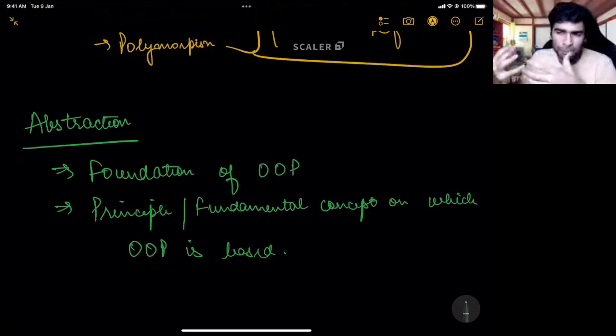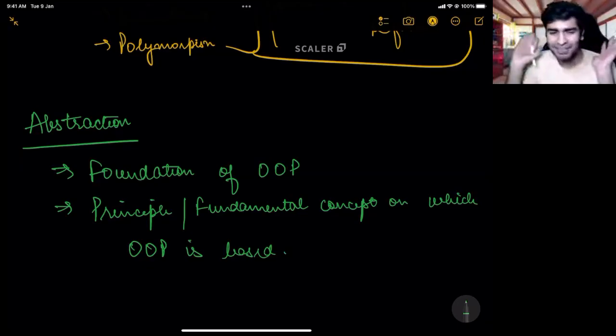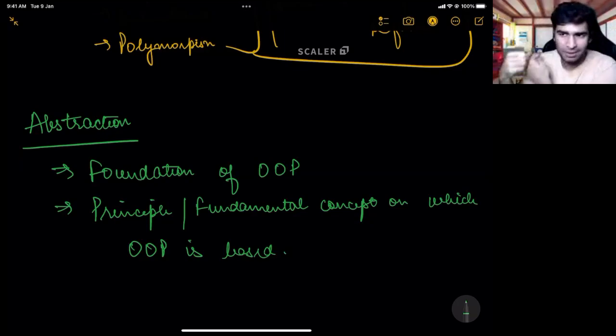Let us define abstraction. If I ask you a question, what is abstraction? What will you define? Now, again, everyone will give the answer that they have learned in university: hiding details, showing only important things, etc. Quick thing. Try to get the real definition of abstraction. Just see it in a dictionary or just Google it. Define abstraction. What does abstraction mean? Google it. Define abstract.